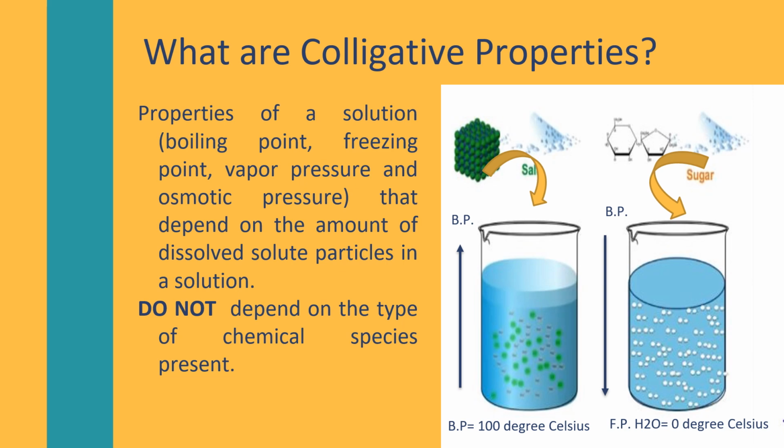So if we dissolve something in the water, either salt or sugar or anything for that matter, it is going to increase the boiling point. So this solution is no longer going to boil at 100 degrees Celsius. It's going to boil a little bit higher, and how much higher depends on how much of this stuff we put in it. And at the same time,